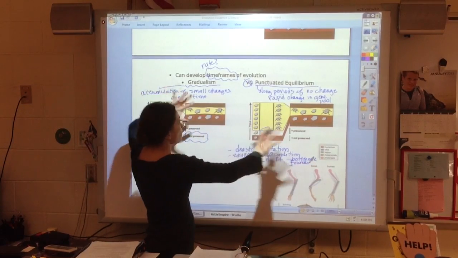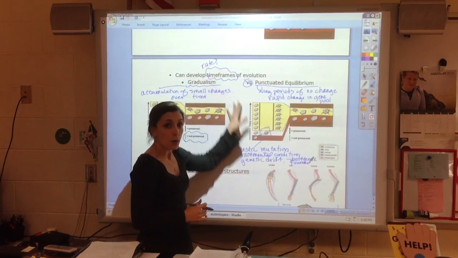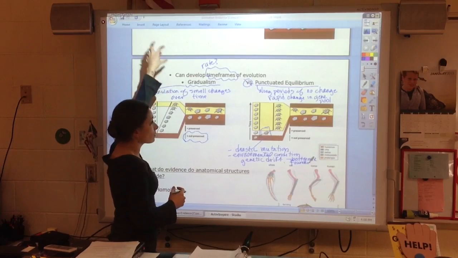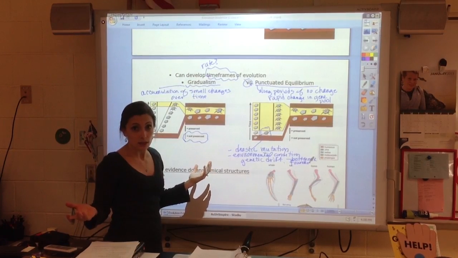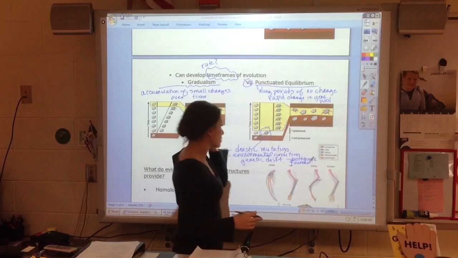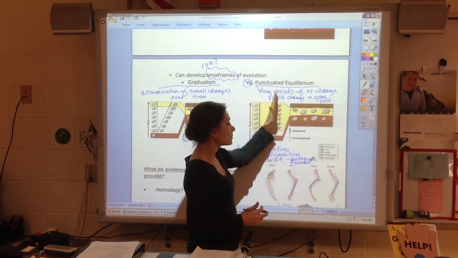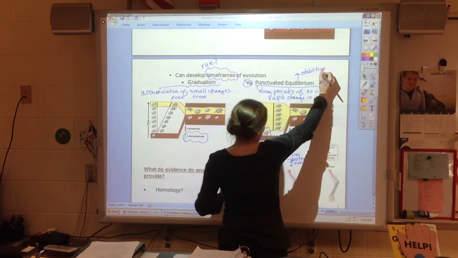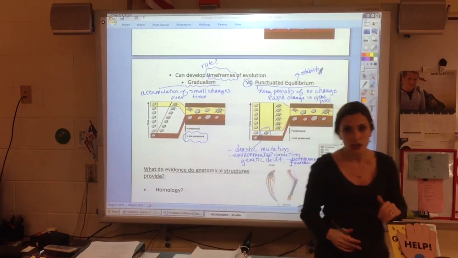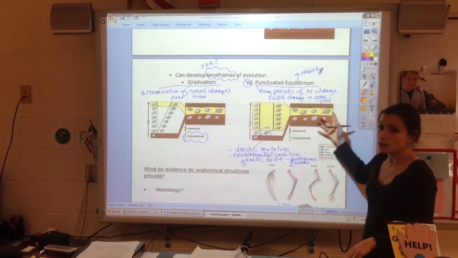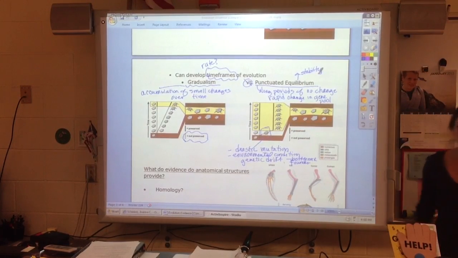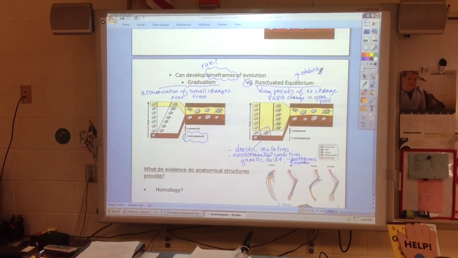So we've got these 2 different theories of how quickly evolution can happen. Is it the accumulation of small changes over time? We do see evidence for that. Or is it a rapid, drastic change followed by periods of stability? Keeping in mind that if I have a dramatic environmental change, a lot of times that is going to cause some pretty drastic changes in the gene pool as well. And that's where we'll stop. We're going to go on next to talk about anatomy as evidence and what are the problems with looking at, for example,